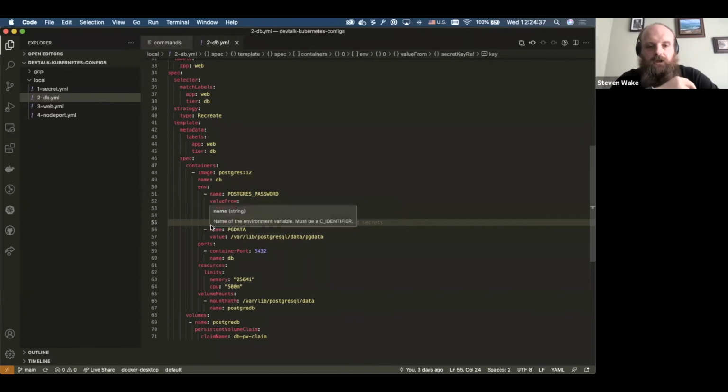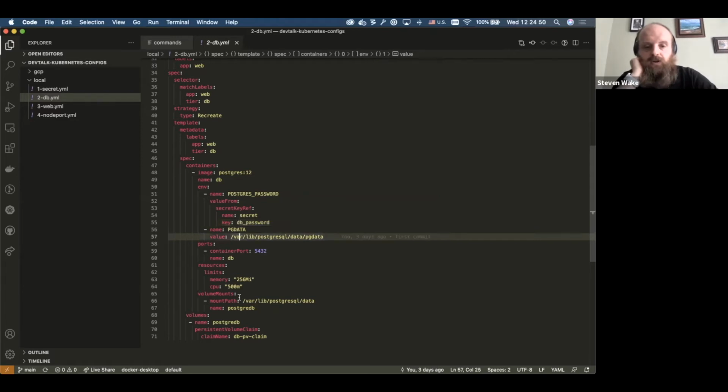That allows us to set up the credentials. We've also got PGDATA, which tells Postgres where to save its data, and that maps to the storage volumes that I'll show in just a second. It then exposes some ports, and it's going to call that port DB. So that's your default.